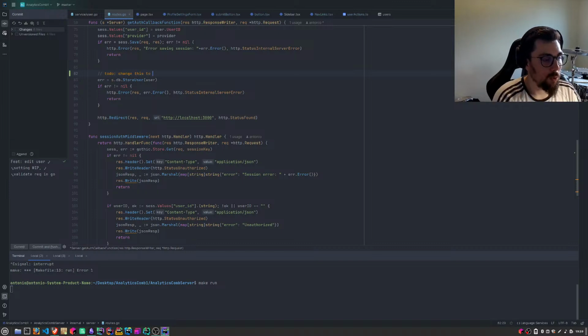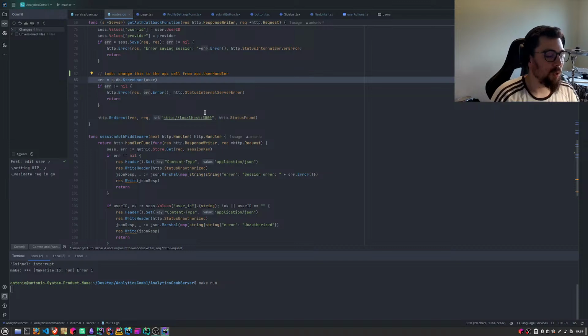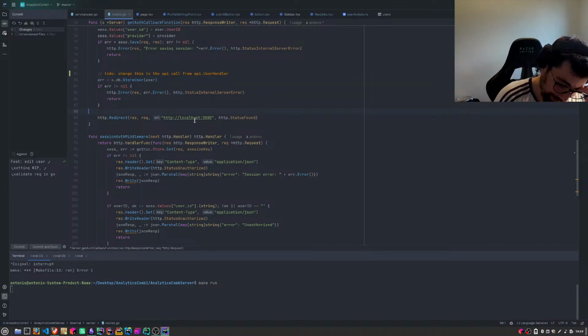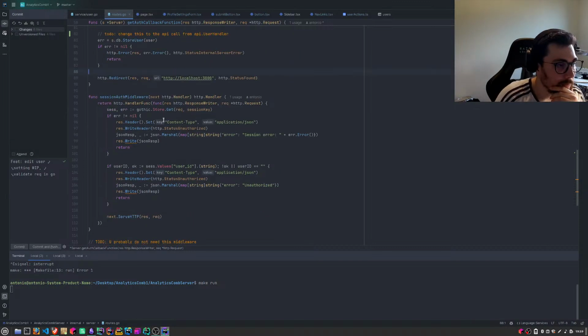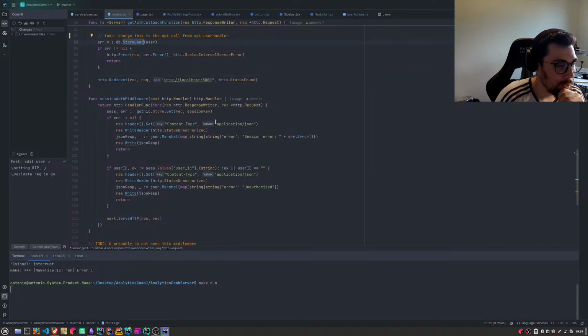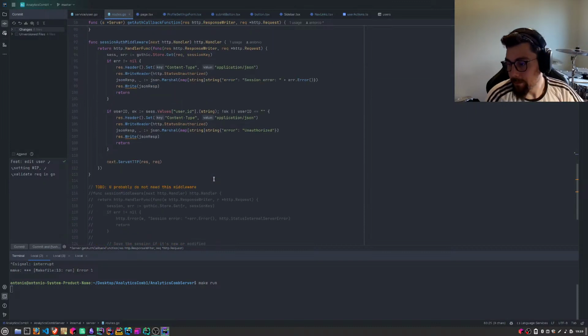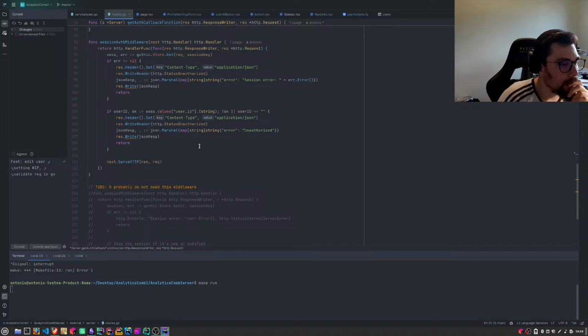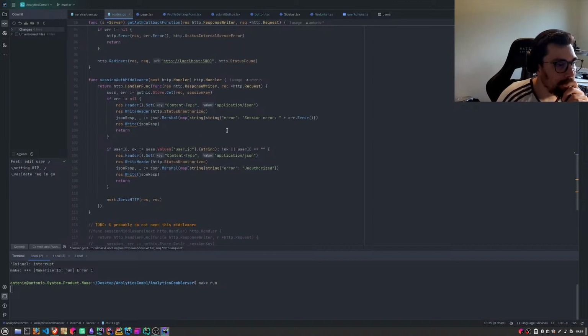Change this to the API call. This was moved. I just forgot to change it. I think there needs to be some changes inside, so it's going to be fine. Okay, so here.